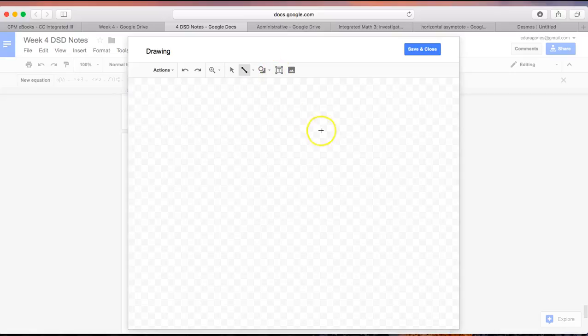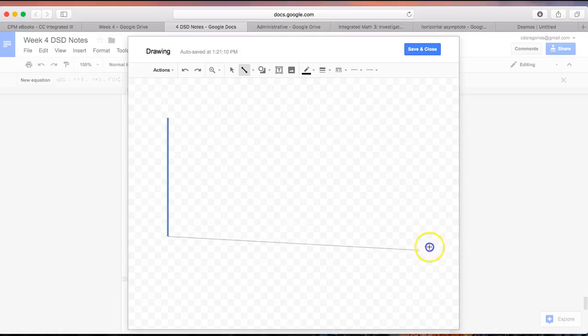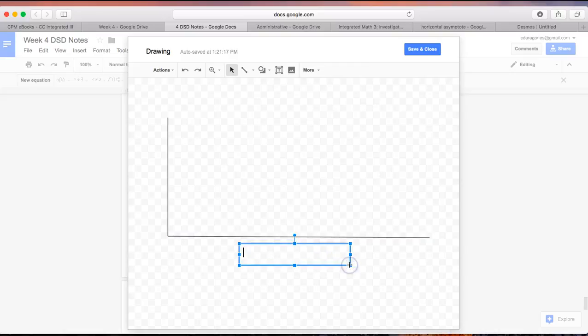So I'm going to draw a quick X and Y axis. Again, you already have a graphing notebook. So I can't really have negative people and negative money, so I'm just going to use the positive X and Y axis. Really important that you label the X and Y axis what they are. So for me, my input is the number of people, and then the output is the amount of money people spend,